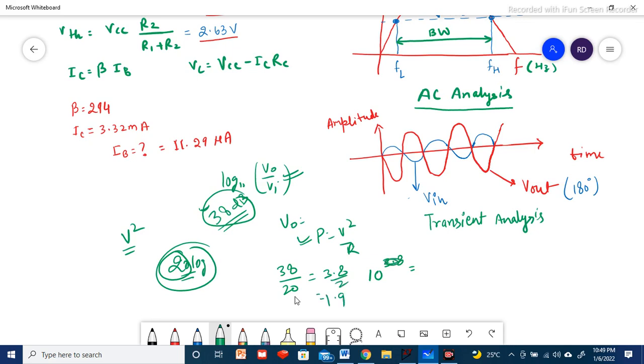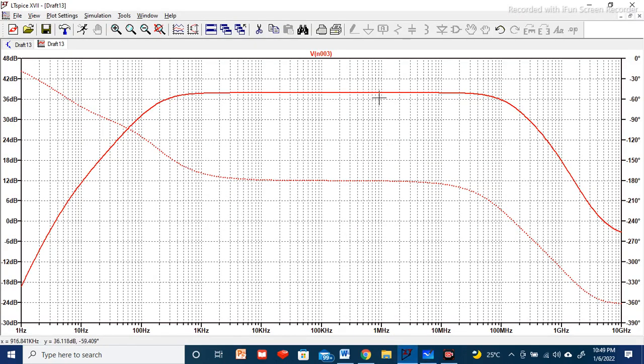So this value should be 10 to the power 1.9. This should be the gain of the transistor, approximately 79.43. Okay, this is the gain of the transistor, Vo by Vi, 79.43, from here we are getting.